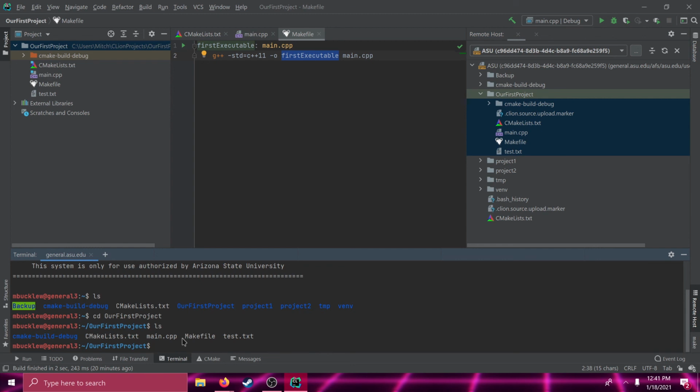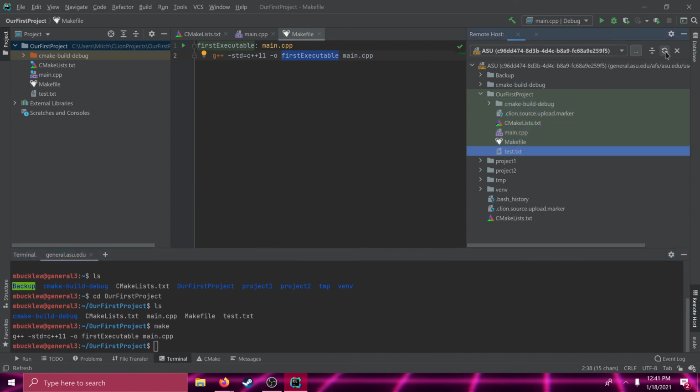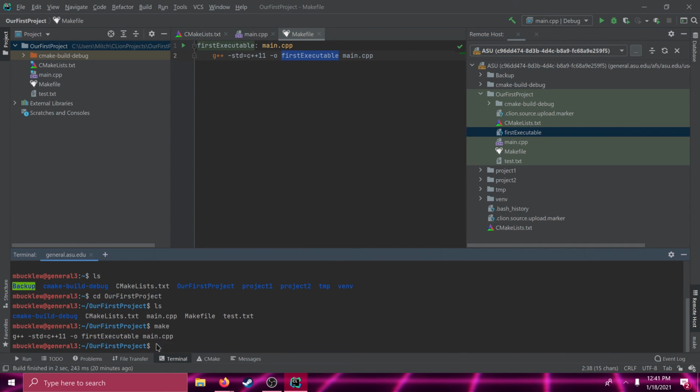Now all we need to do is type in the make command. And hopefully, if everything works right, we'll see that the g++ command is executed on the remote machine, creating our first executable file. Let's now go to the right here and select the refresh button. Now we can see the firstExecutable file. To run it, let's go down here to the SSH terminal and type in ./